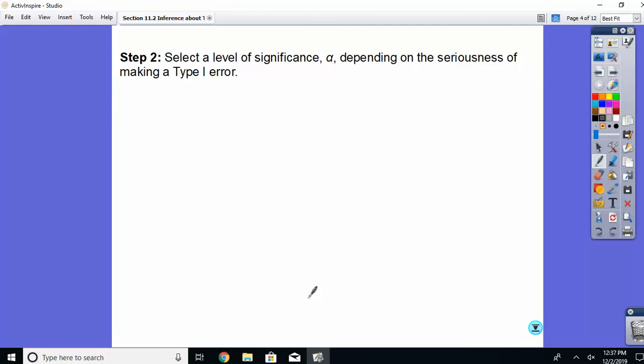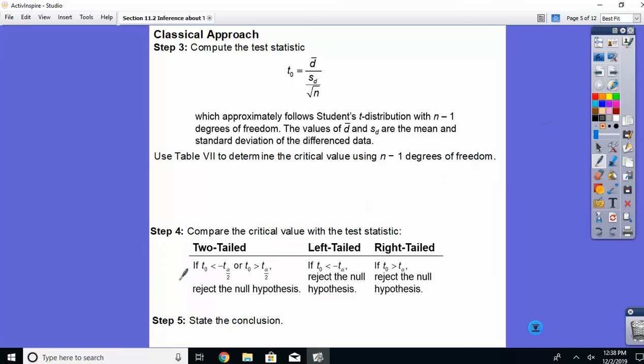Okay, we'll still have our alpha, which is the seriousness of making the type 1 error. Then we have our approaches. So the classical approach, you do your test statistic. So our t is, now this looks a little bit different. If you look at your formula sheets,